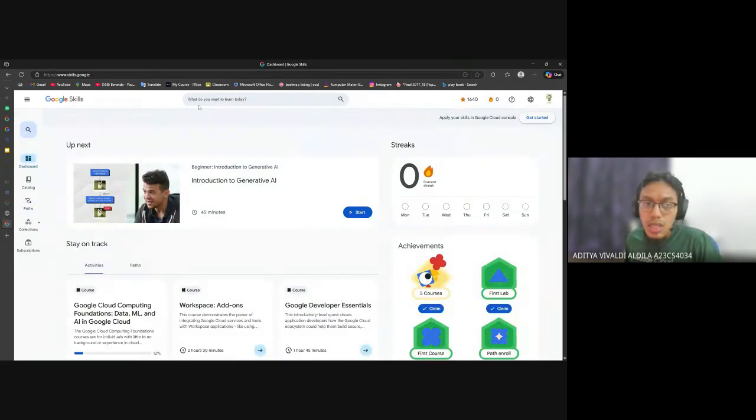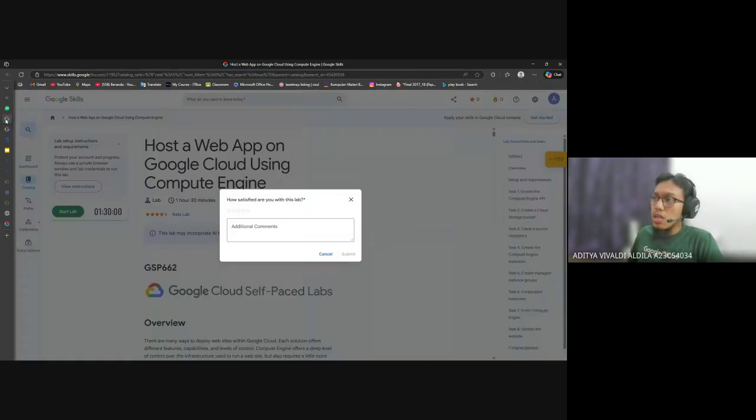So why do we use Cloud Skills instead of Google Cloud? In Google Cloud, in order for you to try what I did, you have to put in your payment method, right? It's really inconvenient. And you can only have it for 3 months and then you have to pay. Or if you have other means, like say you join an event, you get free credit, maybe you can get that. But for this workshop, what you do is you will hear